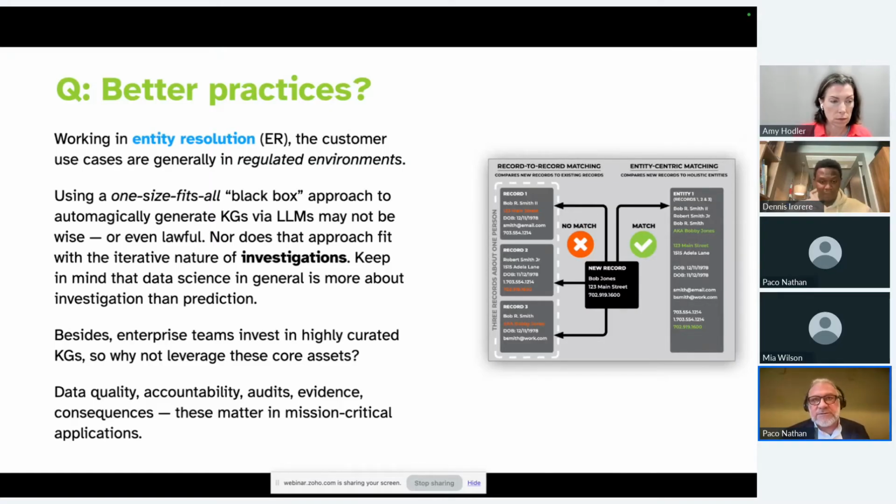It might be tax agencies or cyber threat or counterterrorism or law enforcement, things like this. Voter registration is another big one. Catching illegal fishing fleets, things like that. These are regulated environments where you have to be accountable. There's going to be audits. There has to be evidence. There's a lot of consequences for what gets done.